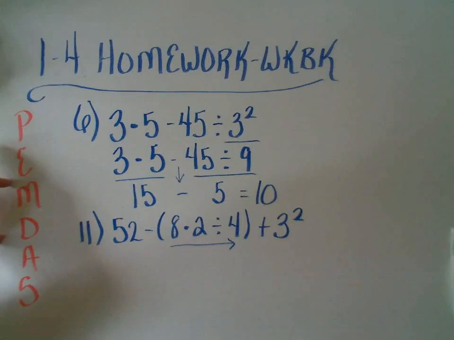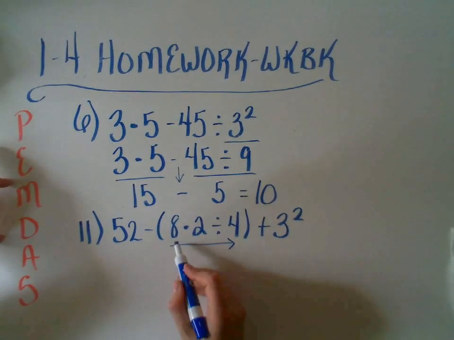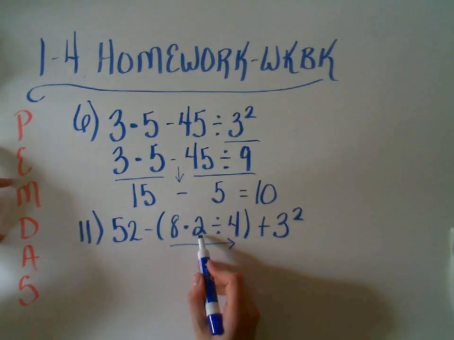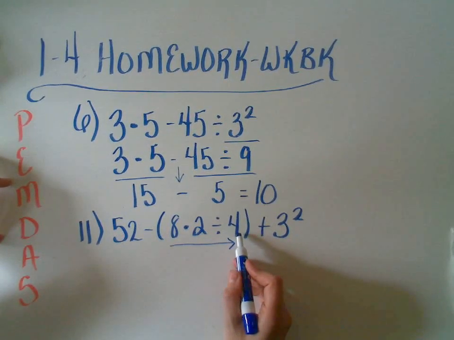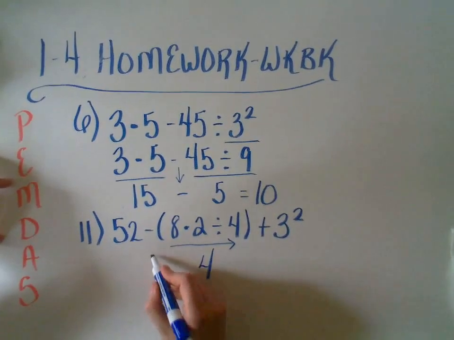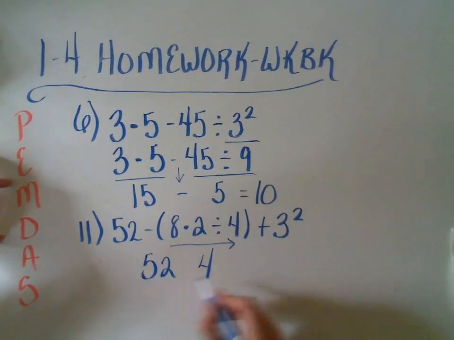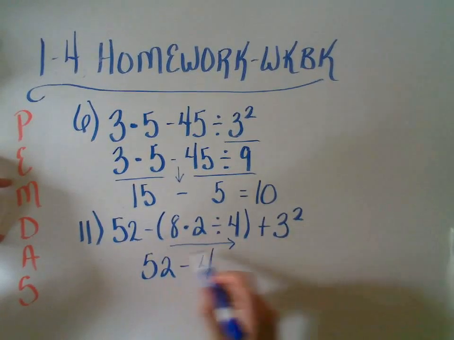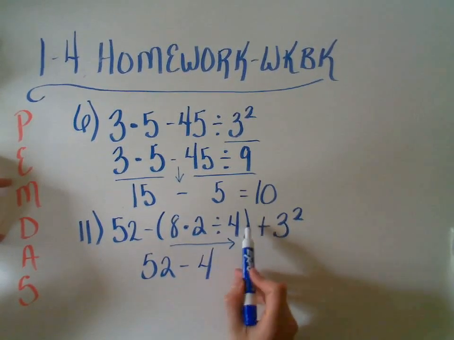So you just go left to right. So I'm going to do this 8 times 2 first, which is going to change into 16. And then 16 divided by 4, which is going to change into 4. So I got 52 minus 4, which is the result of the parentheses. 8 times 2 is 16, divided by 4 is 4,